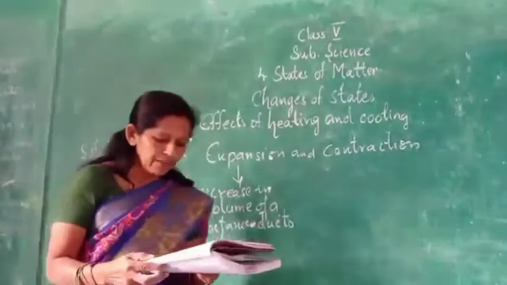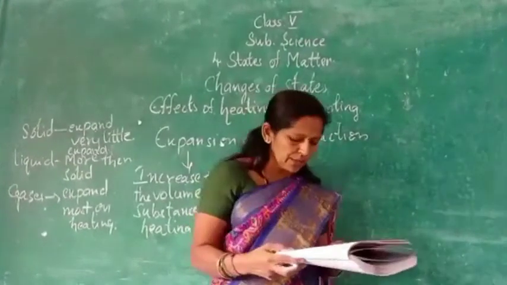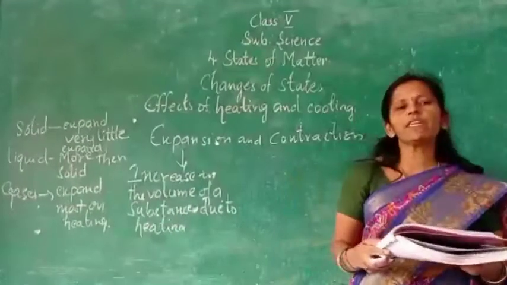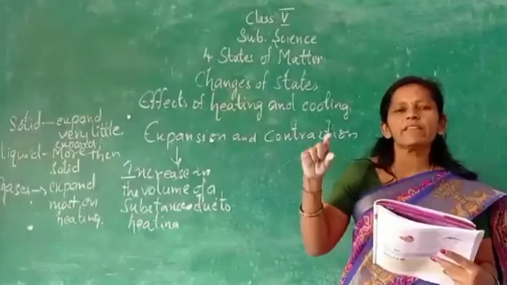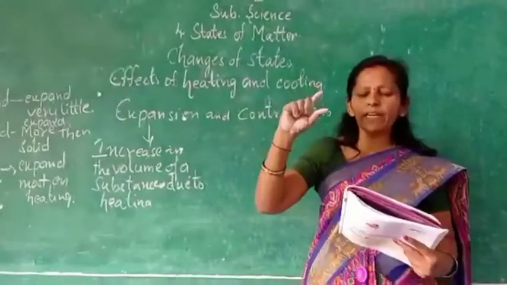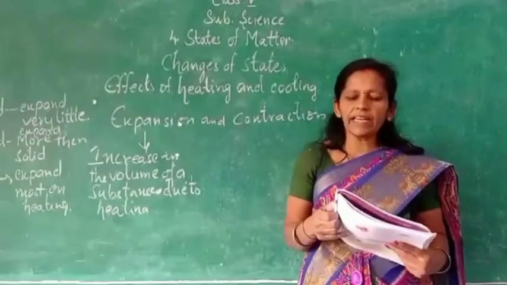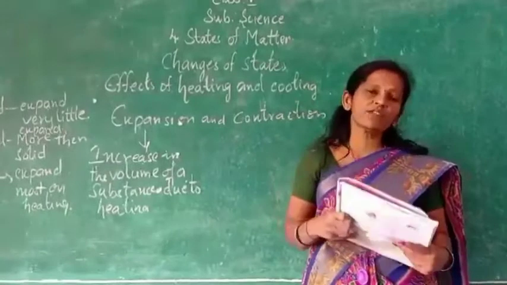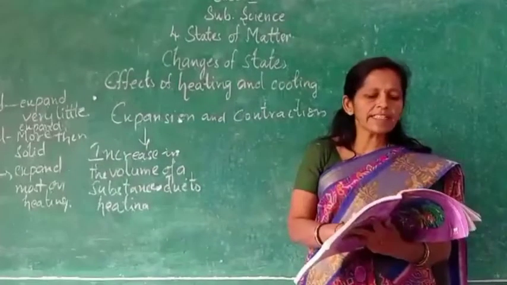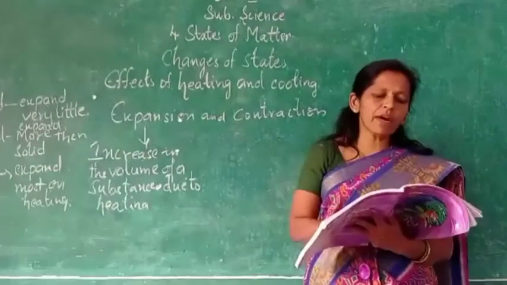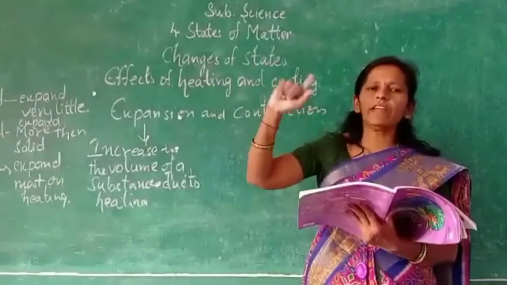So when we use a mercury thermometer to measure our body temperature when we get a fever, we take the thermometer and measure our temperature. The mercury in the thermometer expands. In the thermometer we can see the mercury. It expands due to the heat of our body. It rises in the thin tube. You can observe it at home. We read the mark to which the mercury expands as the body temperature.